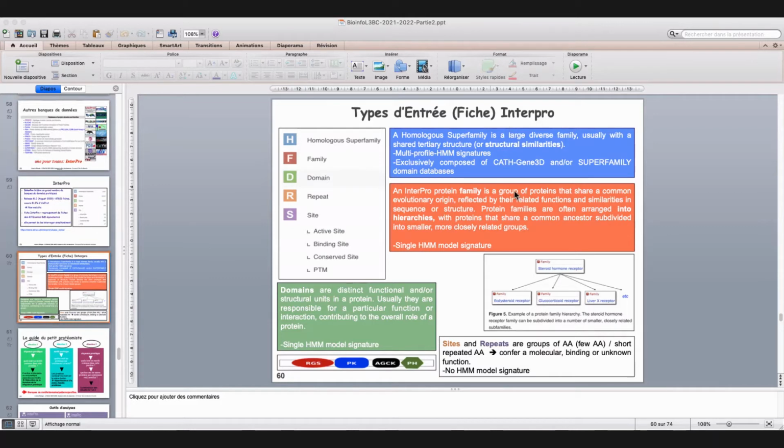The question was, what is the difference between the family and homologous superfamily? Okay, so class, please pay attention when the teacher answers the question. Yes, it was a question from Xiaomei on the chat. So in fact, in InterPro, you have several types of domain,